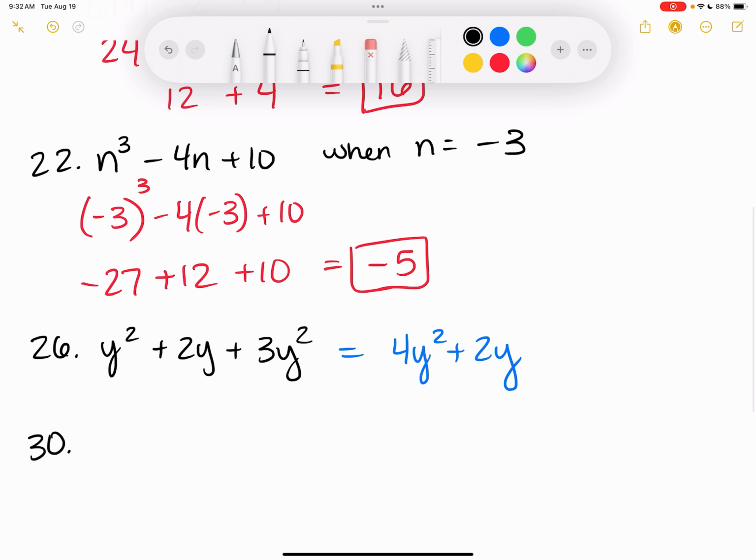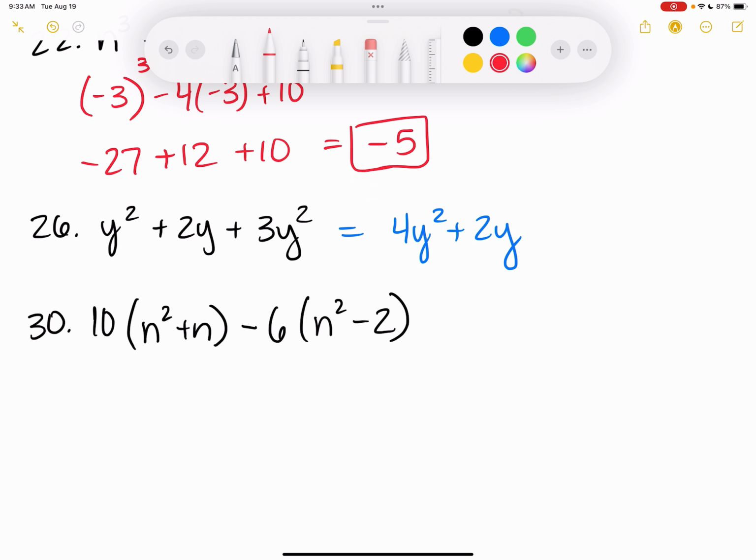10 times n squared plus n minus 6 times n squared minus 2. So I'm going to need to distribute first before I can do anything else on this one. So I'll have